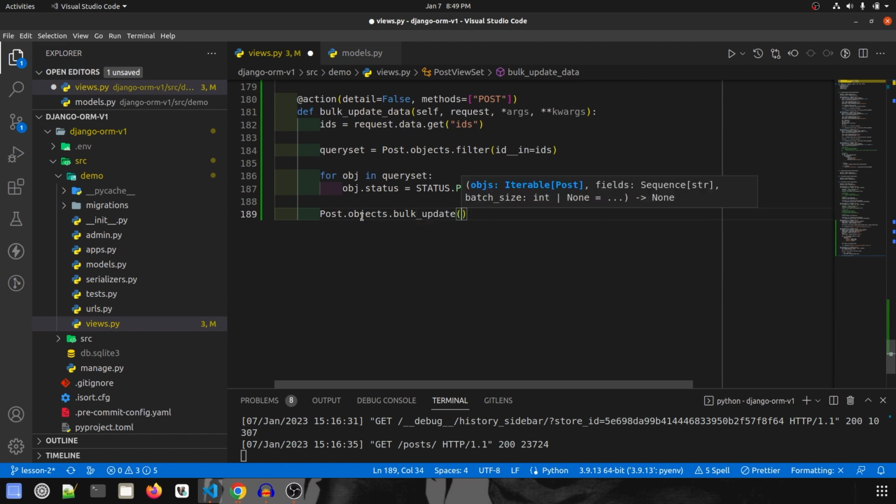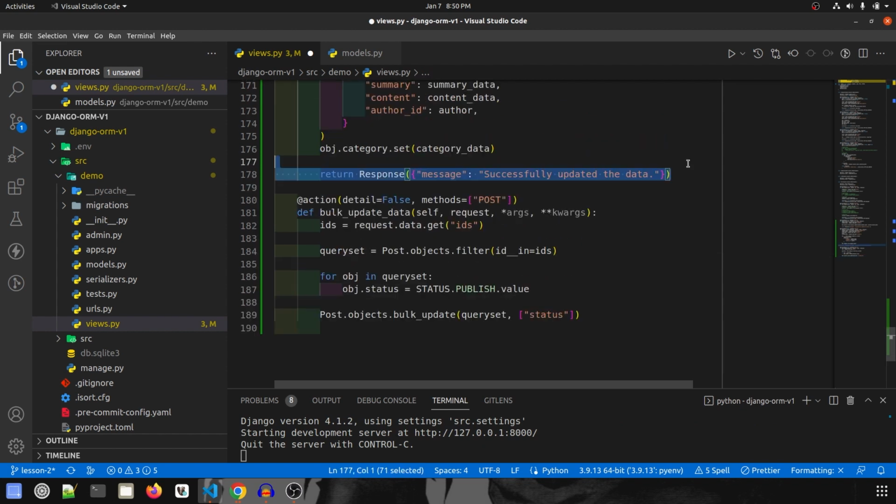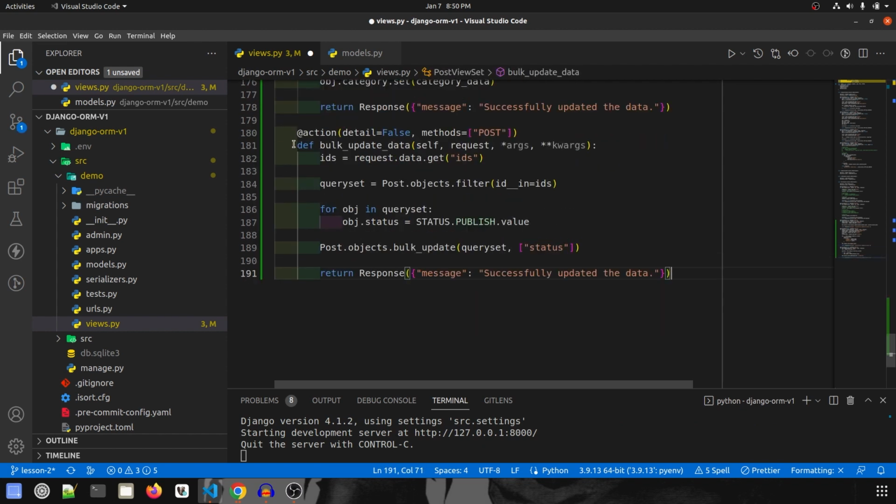Here we will pass in the query set again, because this consists of the updated data, and then we have to pass in a list of all the fields that were updated. Here we only updated the field called status, and then we return the response. So again quickly, we are expecting the user to pass in the IDs in the data, and then we filter all the objects, get a query set, iterate over the query set, and update all the fields we want to update.